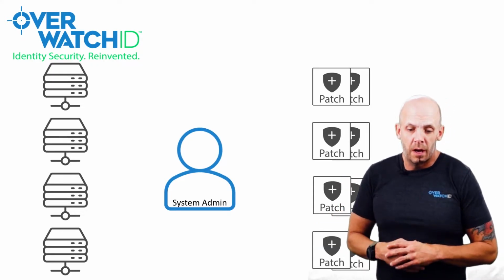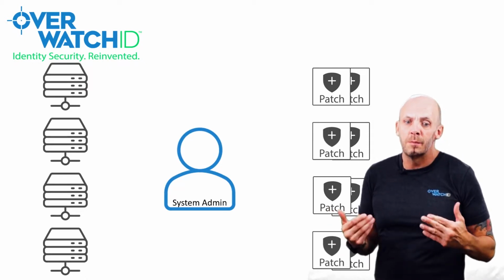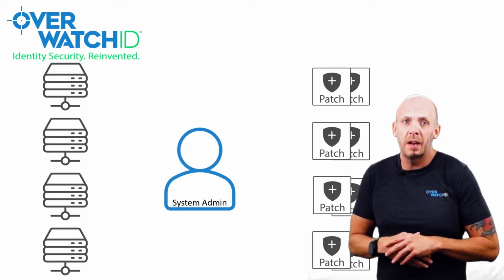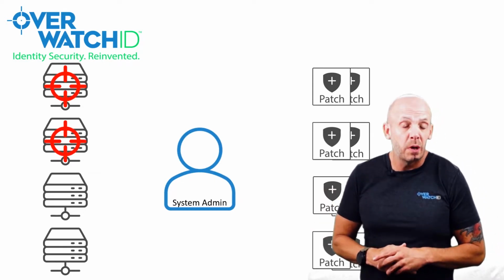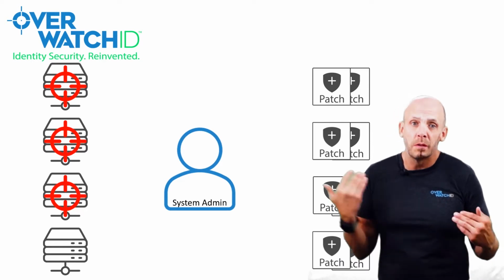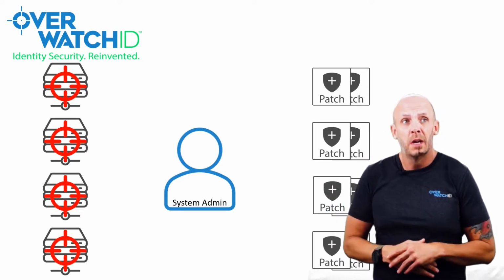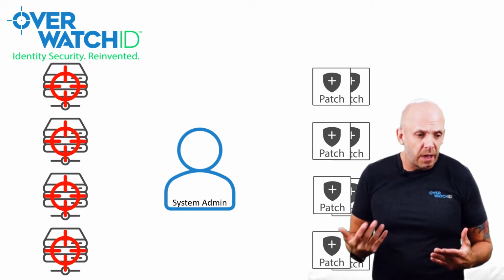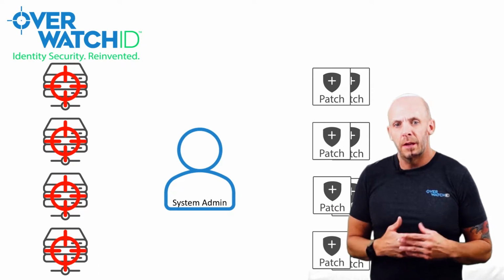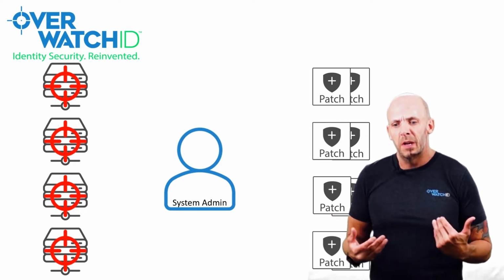or any other MFA system, CASB system, single sign-on system, if those systems aren't patched and up to date, they're meant to be a countermeasure for the number 1 breach vector, which means that those systems also can be a target as well. And if they're not patched, that makes them a pretty big target indeed. So that very expensive privileged access management system that you bought to counteract that breach vector becomes a Trojan horse